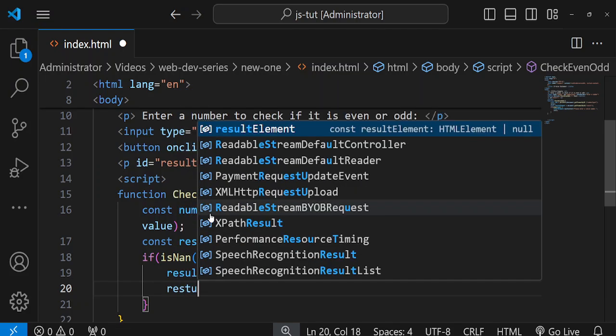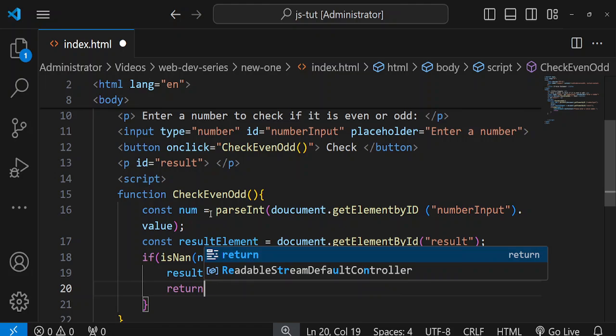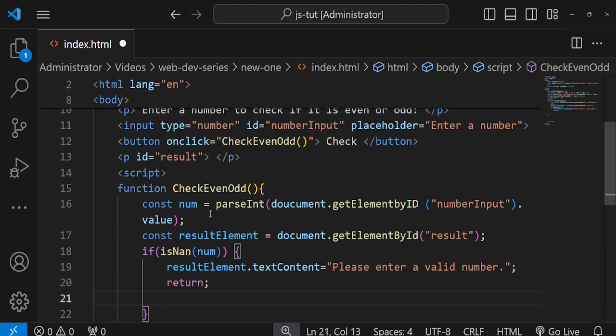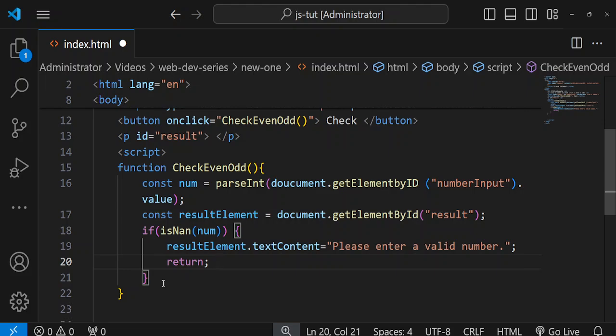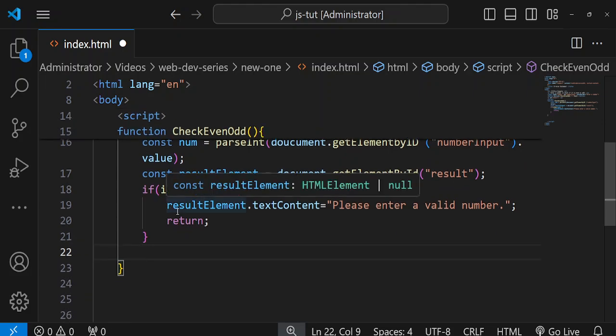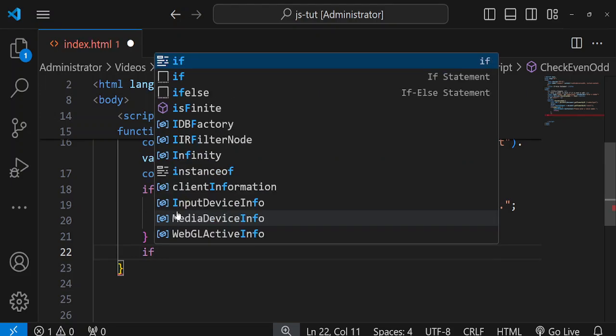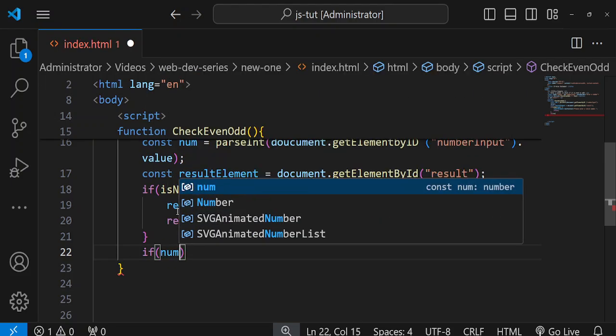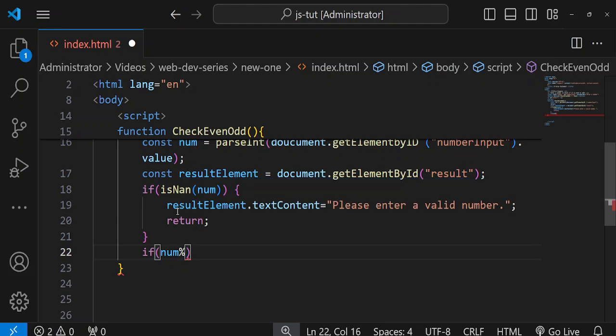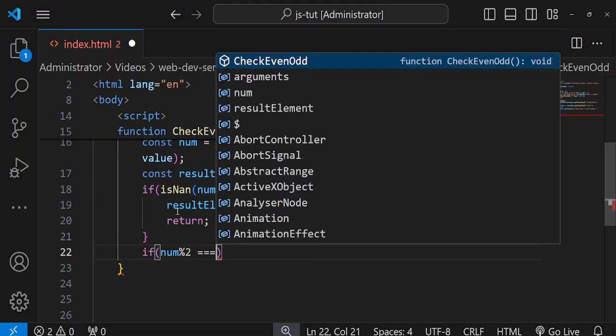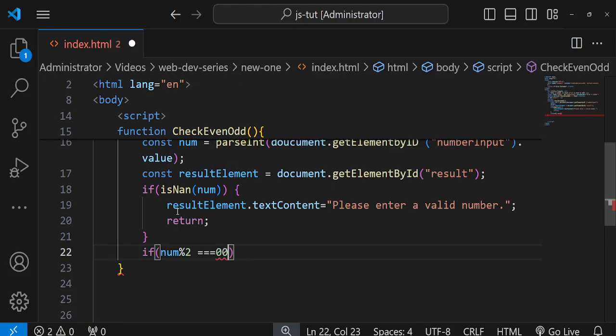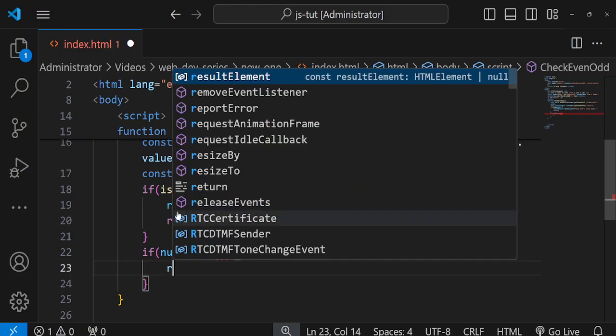After this I'll add a return statement and a semicolon over here. We'll close this bracket. The brackets did close. After this we'll be writing another condition over here. Inside that we're going to be saying if number % 2 is strictly equal to 0. We'll be opening another bracket over here, and over here we're going to be saying result